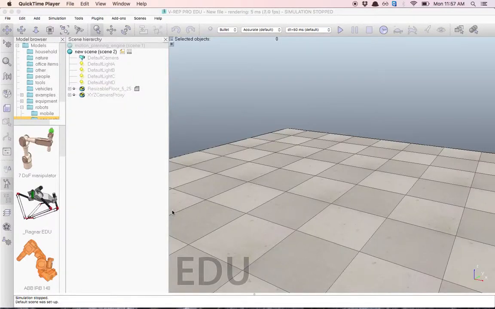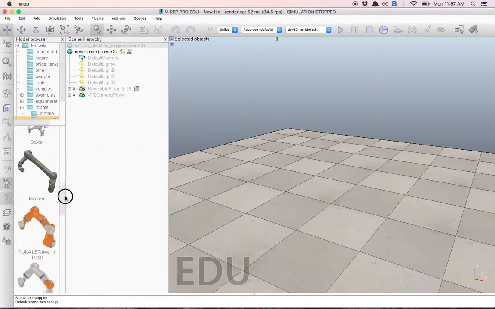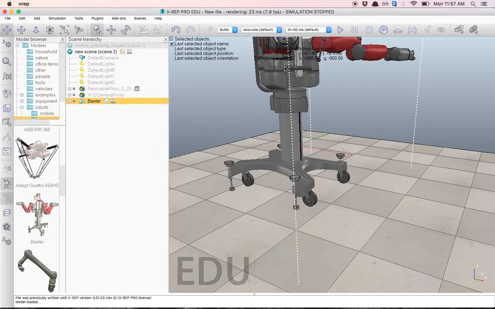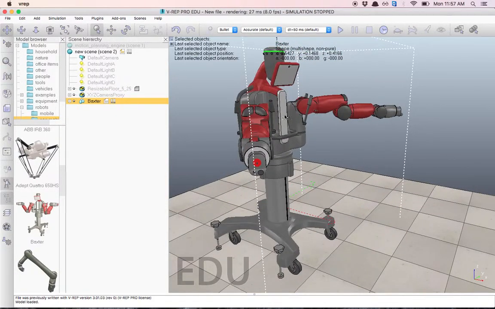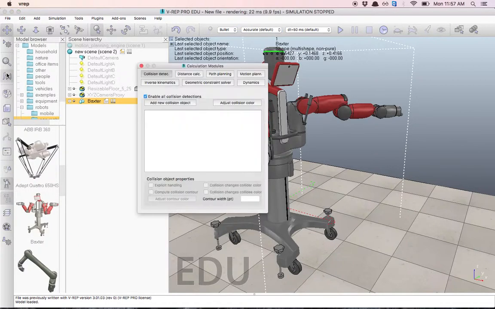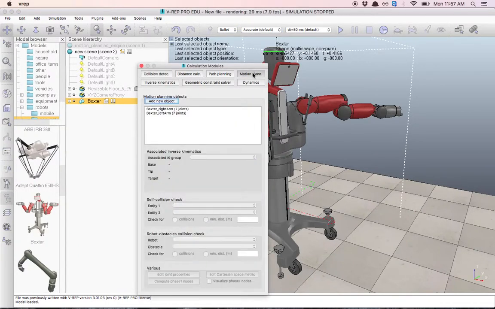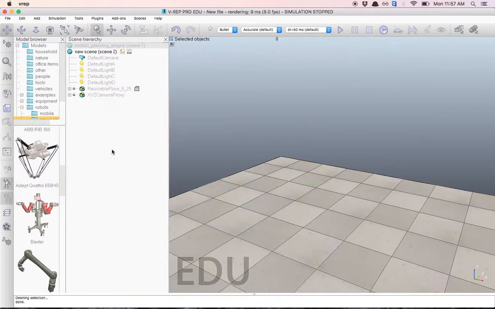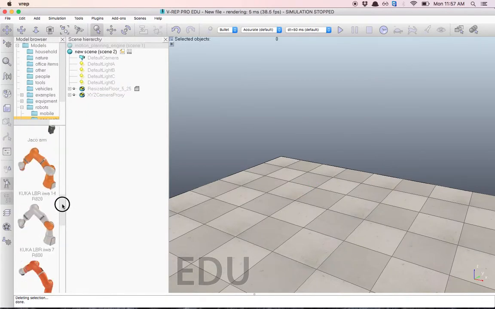This tutorial will help you go through the motion planning engine on VREP. Okay, so usually this is a new scene, and usually in all of our labs we've been using the Baxter. One of the particular things that the Baxter has is that if you go to this calculation model over here and check where it says motion planning, you'll see that it has already declared a motion planning setting for each arm, okay? So if you want to do that with another robot, for this we're going to choose this robot